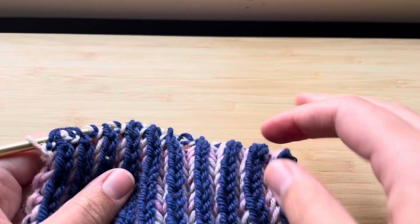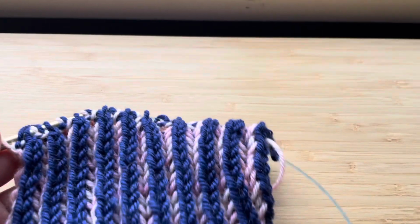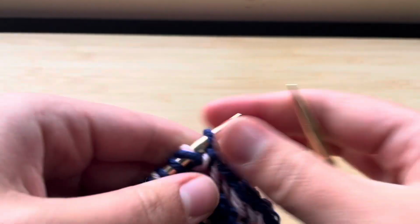All right. So you're hopefully working not on straight needles, but you're hopefully working on either a DPN or a circular needle. I'm working on a circular needle, and you want to be doing this so that you can slide your work back to the other end to work the next color. You end up working the same row